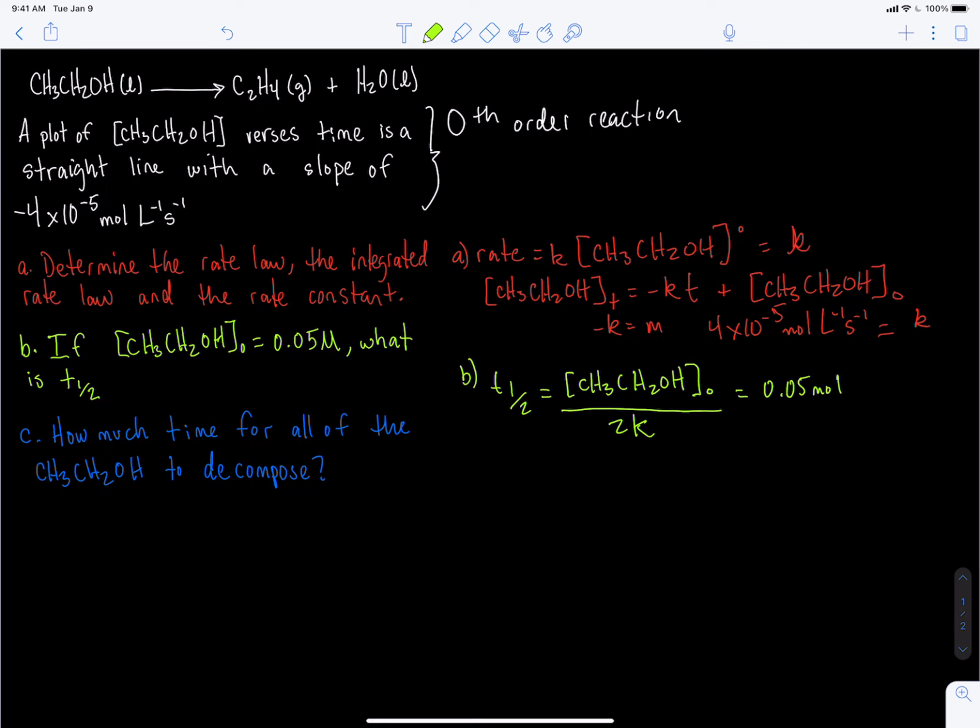And we see that we have 0.05 moles times inverse liters divided by 2 times the rate constant, which we calculated back here. And that's 4 times 10 to the minus 5th mole inverse liters inverse seconds. So put that in our calculator. 0.05 divided by 2 divided by 4. And we end up with